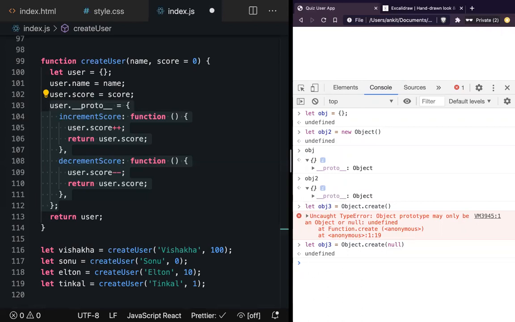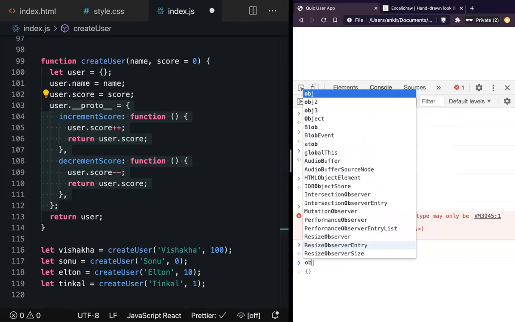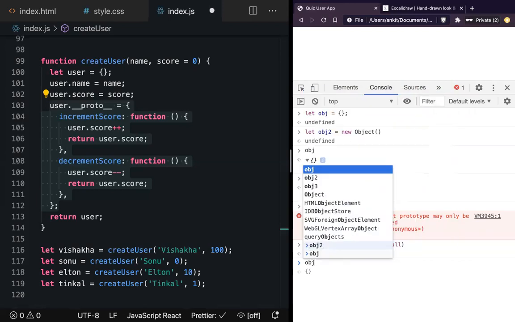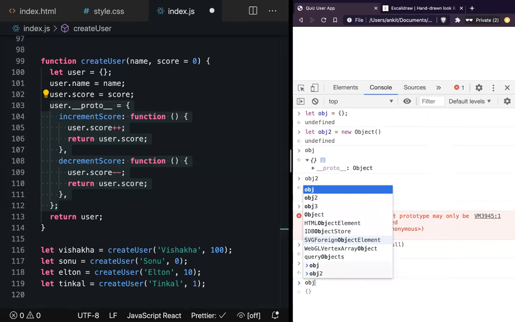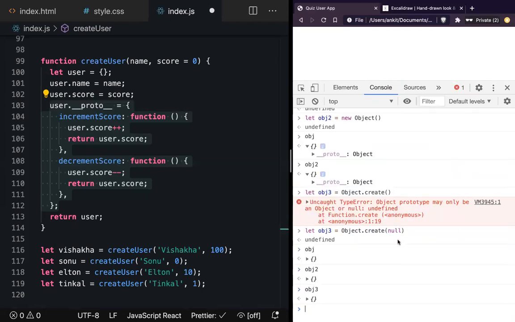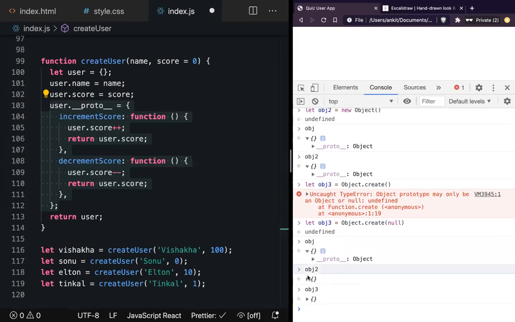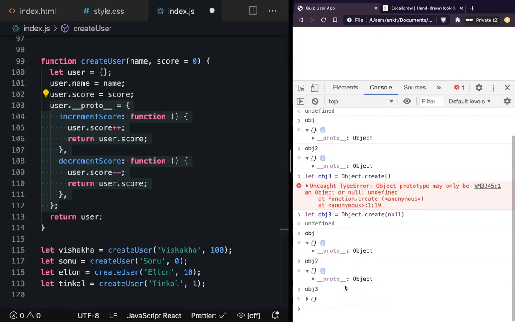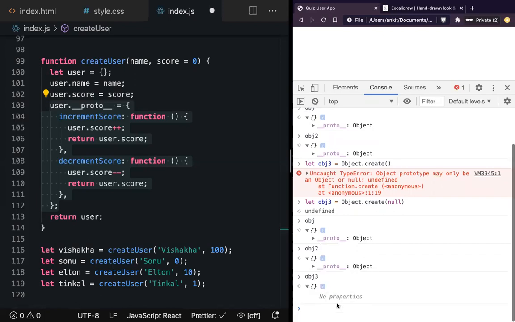Now let's compare. Look at obj, now look at obj2, now look at obj3. Can you see any difference between obj, obj2 and obj3? Not till now, so I'll expand it. Obj and obj2, is there any difference?